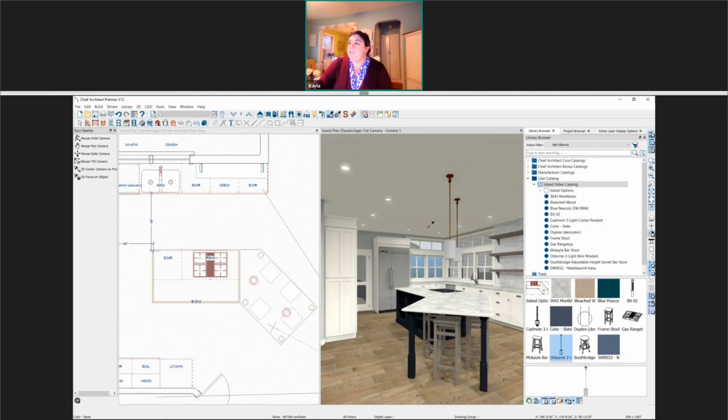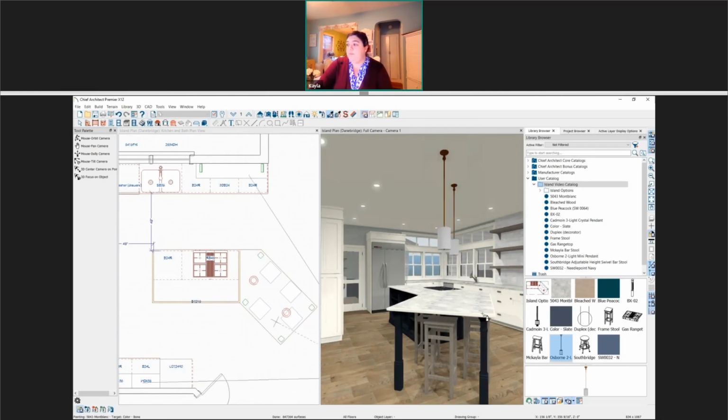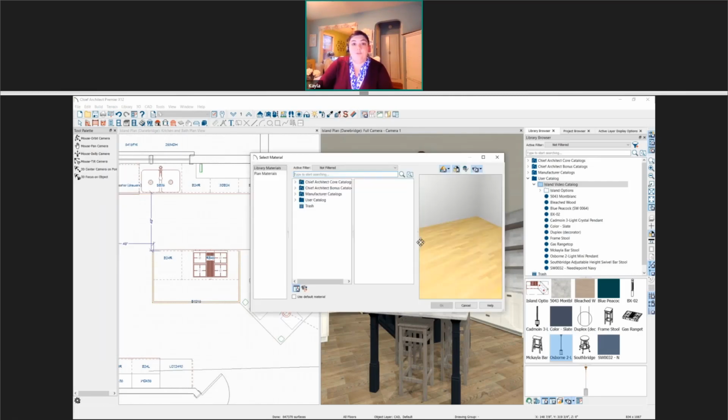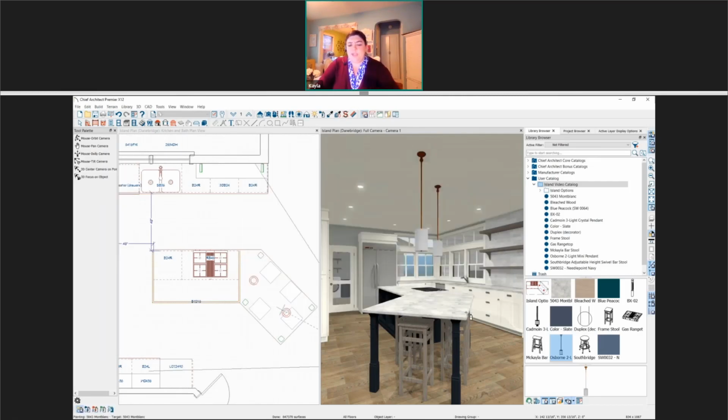And then I'm going to use the material eyedropper again to grab this countertop material, and I'm going to paste it right onto the edge of this molding. Okay. If there are other materials I wanted to change, you can find the materials in the library and just click to paste them. You can also use your material painter to open up the library and find your full materials here. So there's a lot of different ways we can change materials.